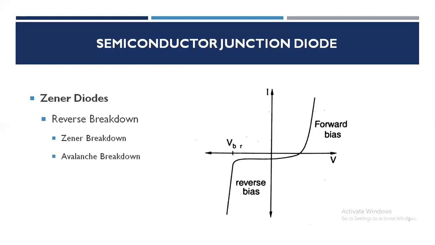When the applied voltage is large enough to accelerate minority charge carriers to gain sufficient energy, then some of the covalent bonds are broken owing to collision of these accelerated charge carriers with the atoms. The large number of holes and electrons thus produced is responsible for the rapid increase in saturation current. This type of breakdown is known as avalanche breakdown.